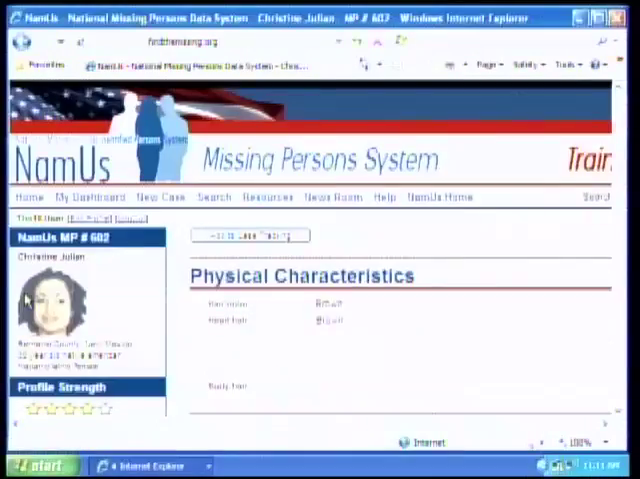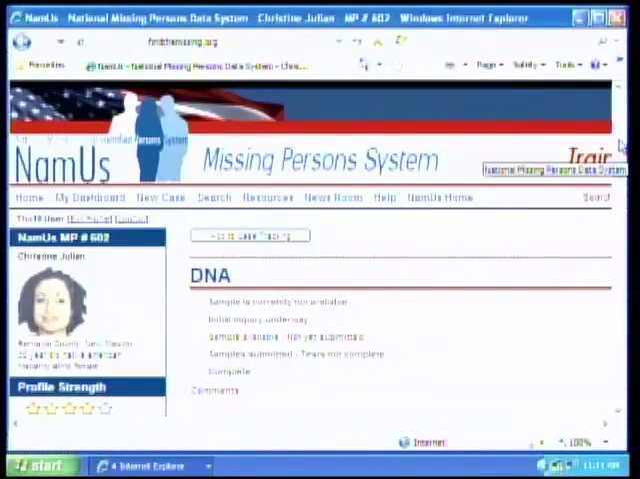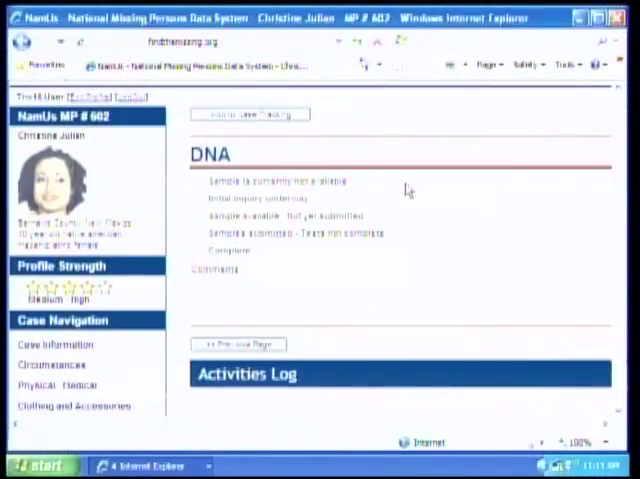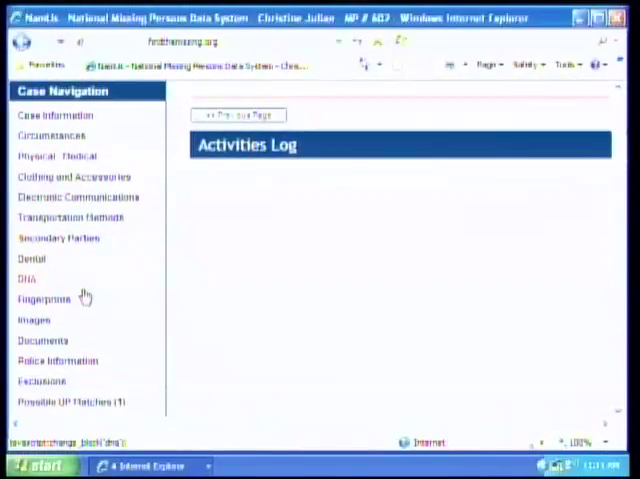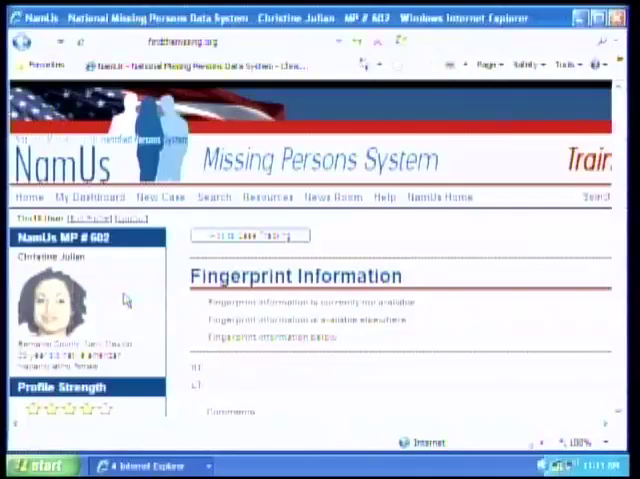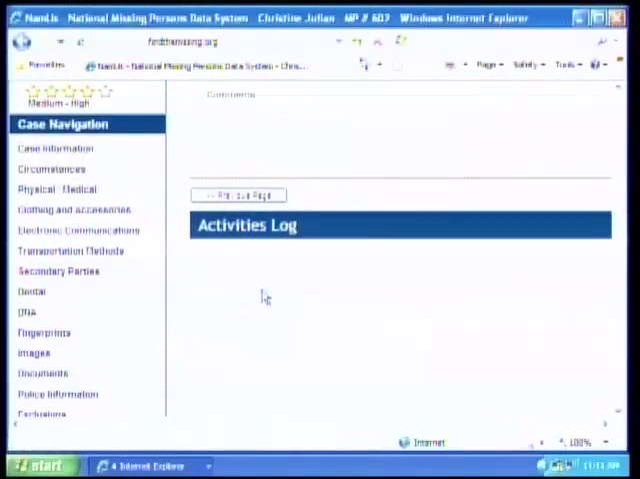Going to the DNA page, sample is currently not available. So that's a showstopper right there. How about fingerprints? Fingerprint information is currently not available. So we'll go back to dental then,